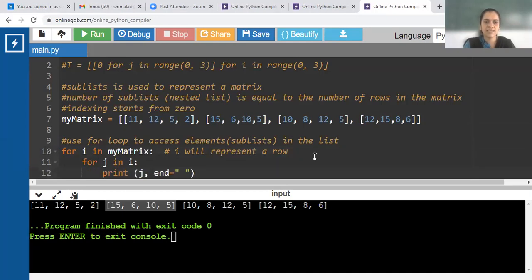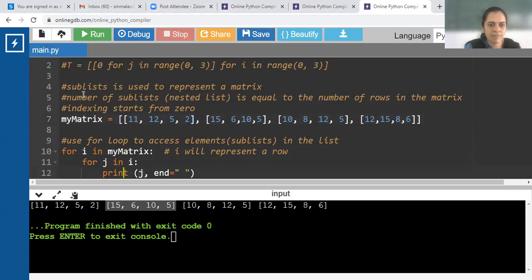For J in I, print J. Now I is what? I is this sublist. And what will J represent? J will represent every element in the sublist. So J will represent these individual elements in the list.